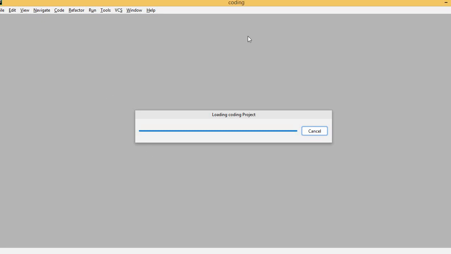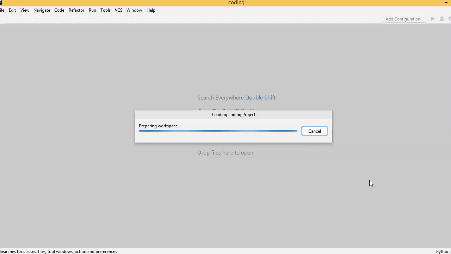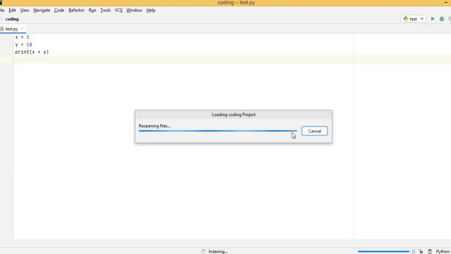So we already created a project file, named coding. In the same project I will create a file called test. It was already created yesterday, so let me work with that. It is opening the project file. All the project files will be loaded now.